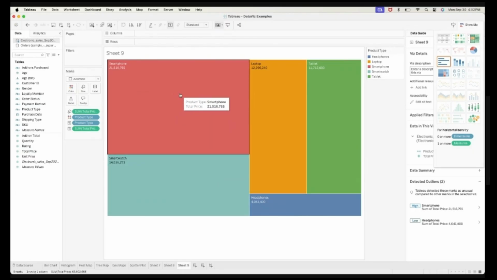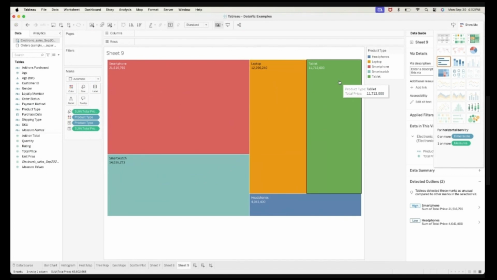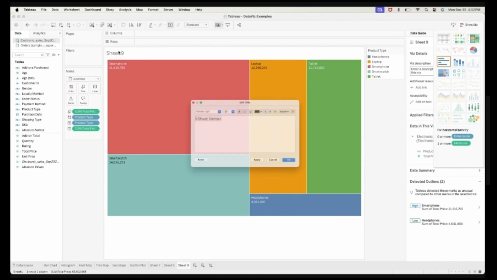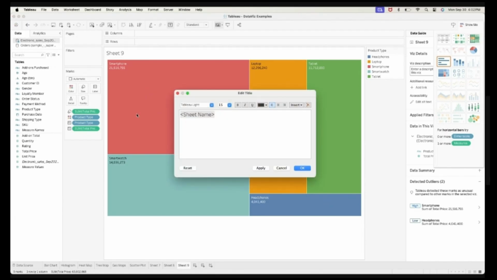This is the biggest one, the biggest sale. The smartphone is the category with the biggest sale, 21 million. Next is 14 million for smartwatch, then laptop, which is 12 million. Tablet, 11 million. And then we have the headphones. So this is the sales by product, right?